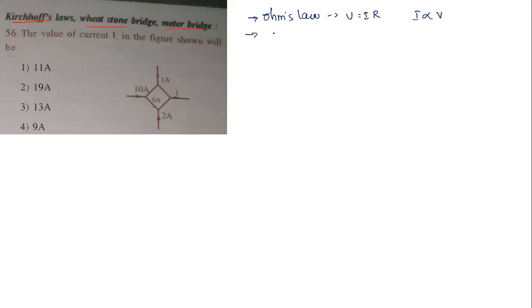What are the Kirchhoff laws? The first law, what we call KCL. What does it say? The algebraic sum of the currents, I'm going to write it mathematically, at a node in a circuit is equal to 0. It is about a node or junction. We can say Kirchhoff's first law, Kirchhoff's current law: current entering the node is equal to current leaving the node.